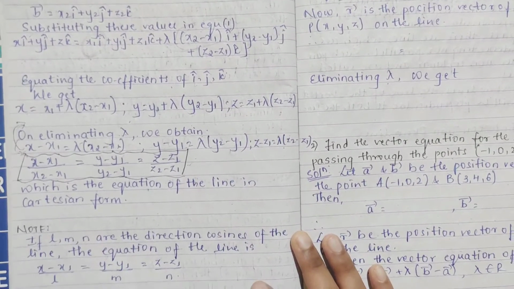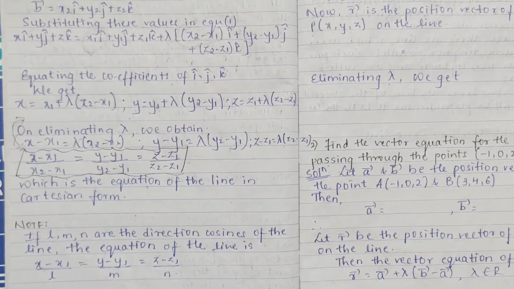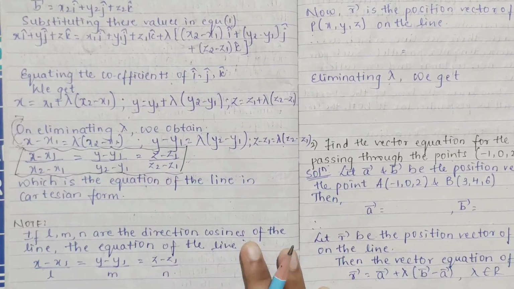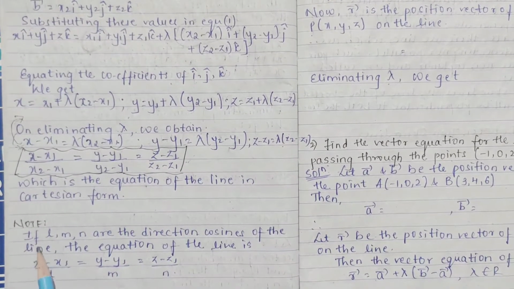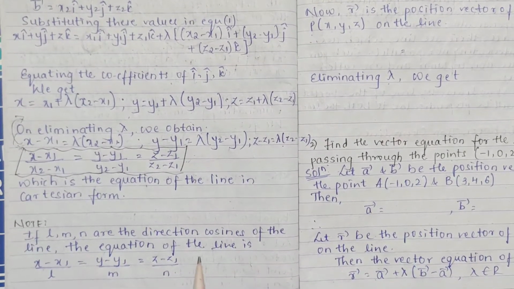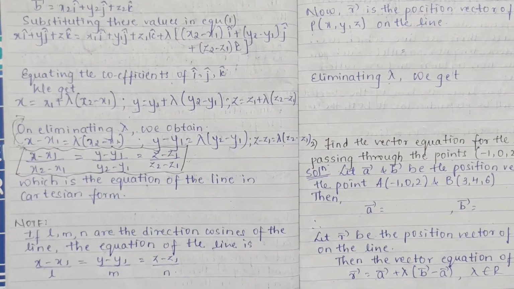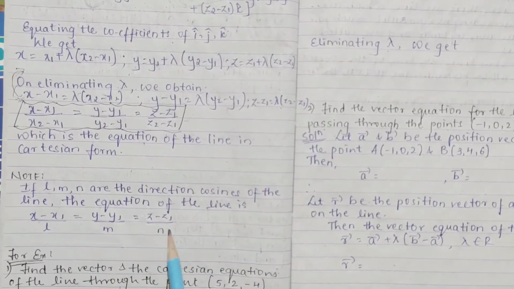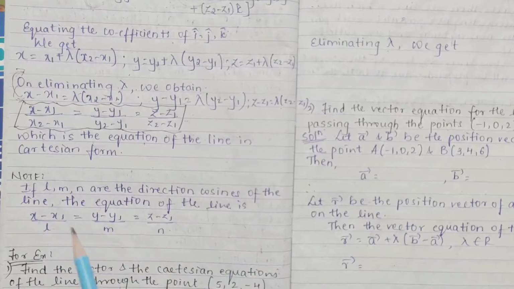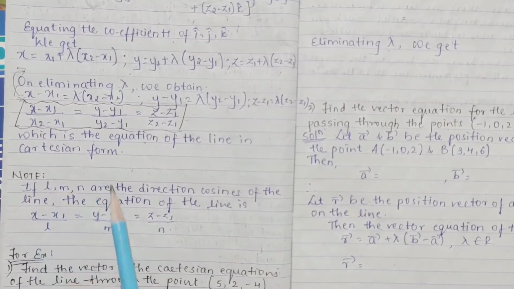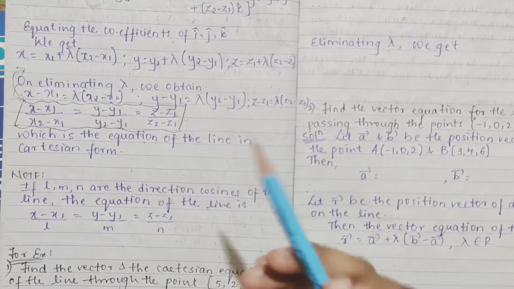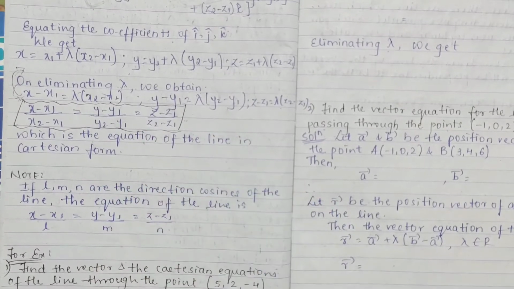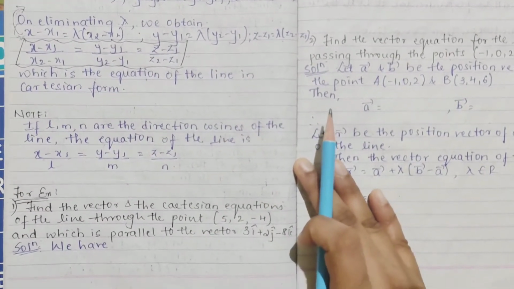I hope it is clear. Just remember those formulas. Next you can take this note. See, if l, m, n are the direction cosines of your line, x minus x1 by a, what we write, that is just a, b, c changes to l, m, n. If they have given l, m, n, there we take a, b, c as direction cosines, right. Now based on the equation of a line which we have got in vector form and Cartesian form, we'll see problems so that it will be clear for you.